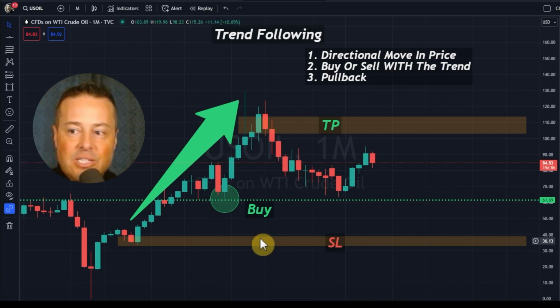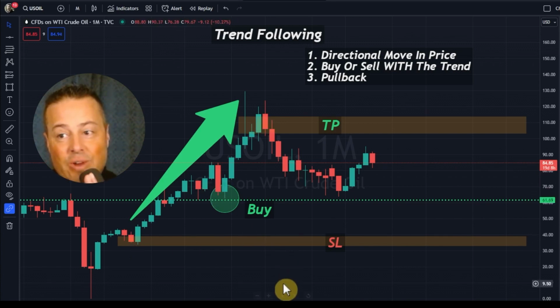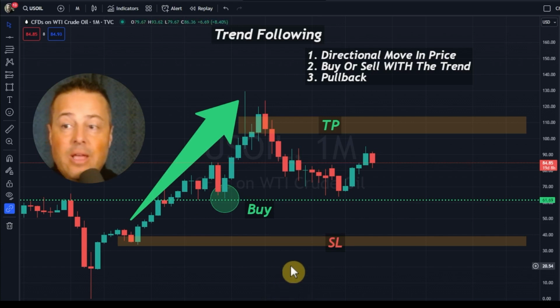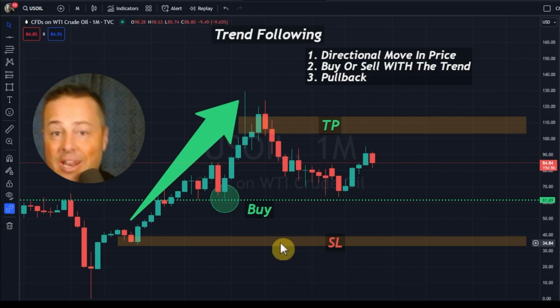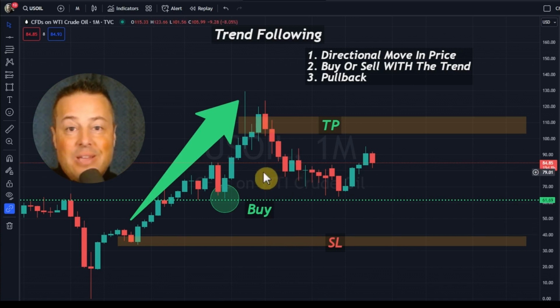And the idea here is to stop yourself out if in fact the trend is actually over when it's completed its cycle. So that's one way to do this. Remember, your take profit is going to be a function of how much you're risking with your stop loss. In a trend following approach, I highly recommend a 1-to-2 or a 1-to-3, but at least get a 1-to-1